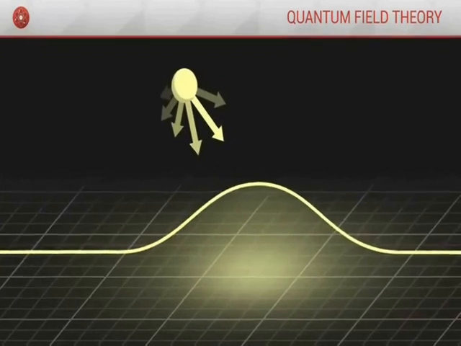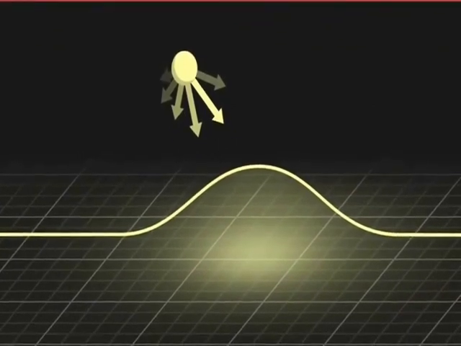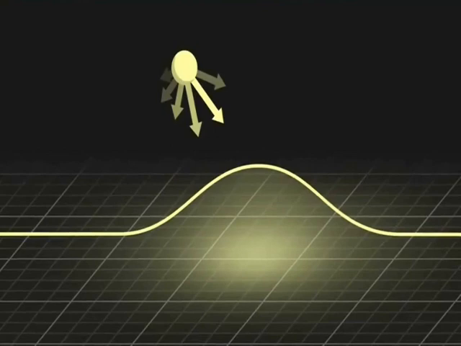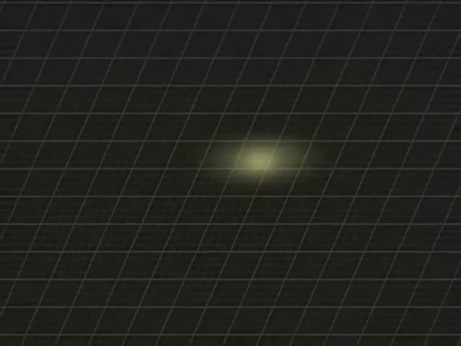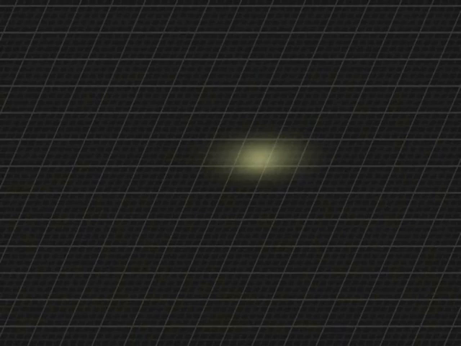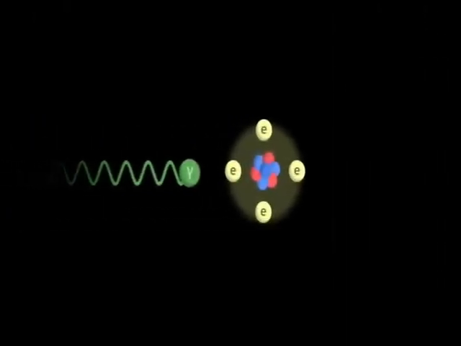However, this description, as effective as it is, fails to take into account two considerations. Firstly, quantum mechanics cannot describe situations where the number of particles varies over time. However, in nature we often observe that particles can appear or disappear, like when a photon gets absorbed by an electron in an atom.